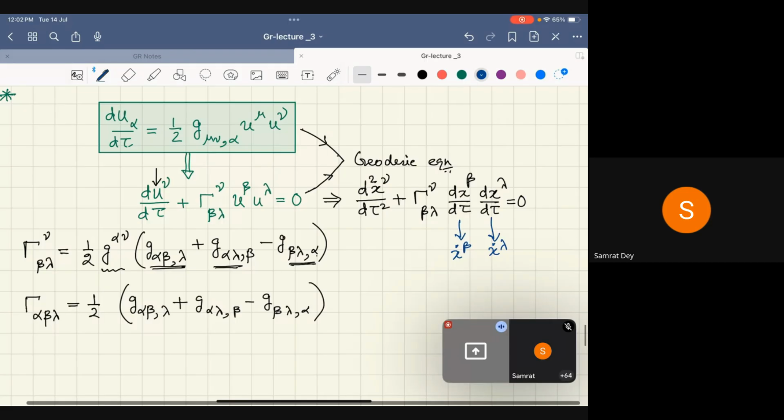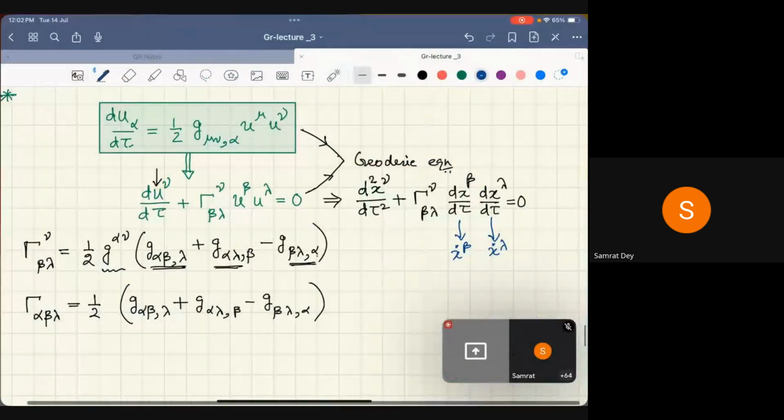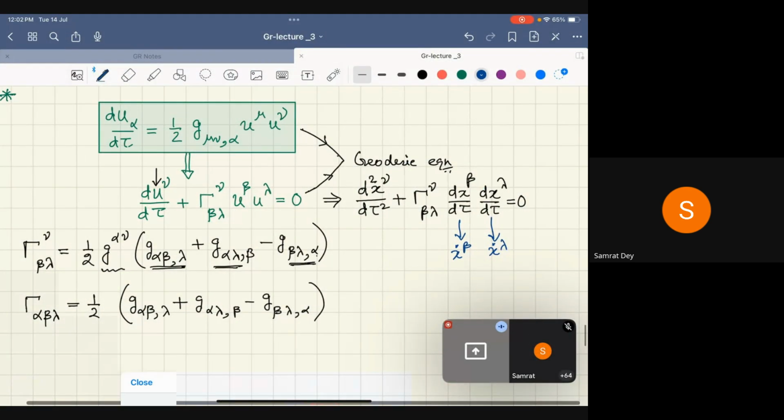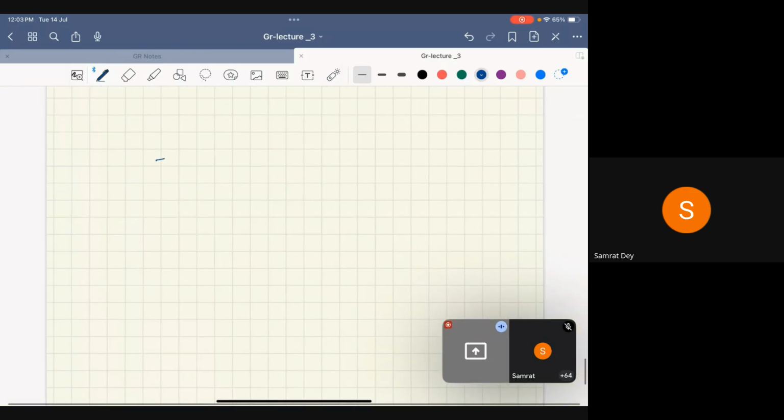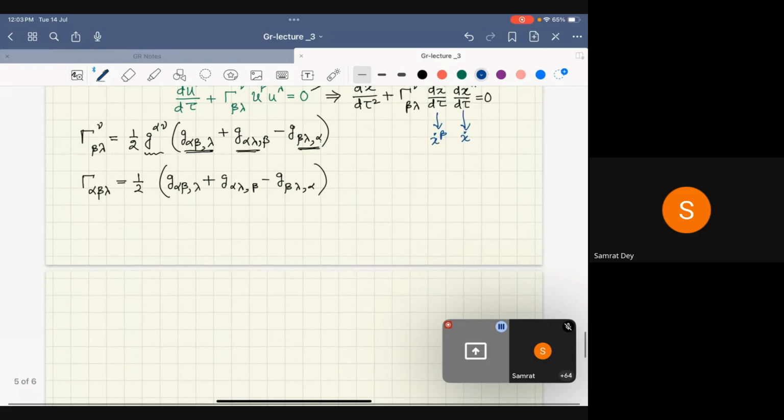Okay. Now, oops, what happened? Okay. Somehow this thing is not responding. Okay, it is allowing me to write, but not allowing me to, okay. Yeah. So,